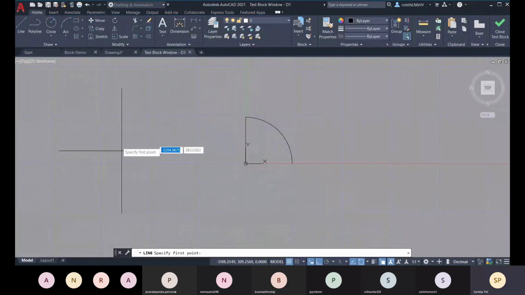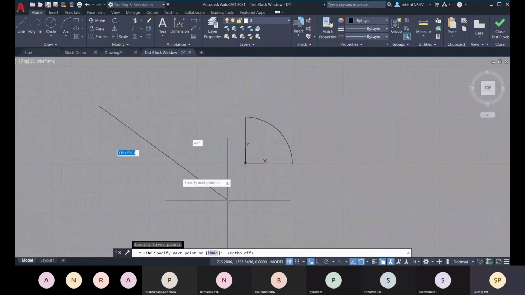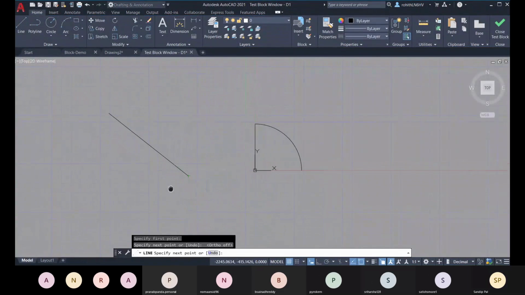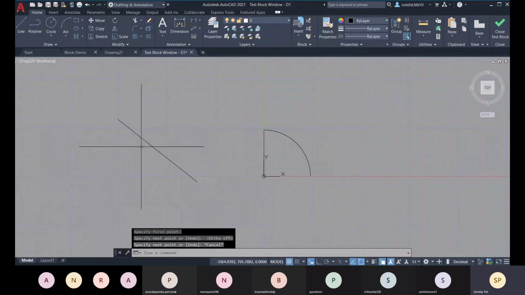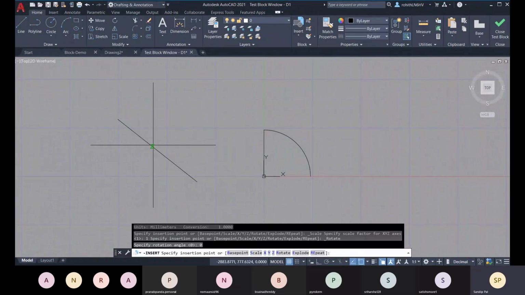Suppose I have a wall like this, and there I need to place this block. If I go for this, it will adapt itself as I have placed that alignment. I don't have to find out the rotation angle as per this wall, so it will save my time.